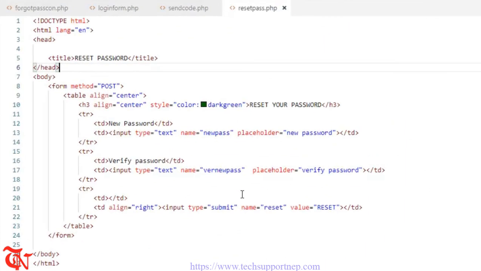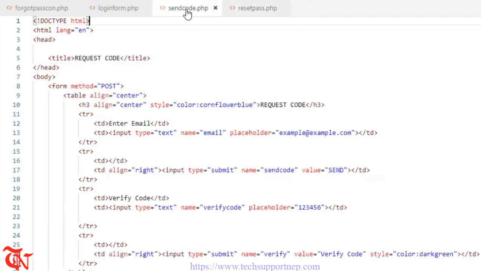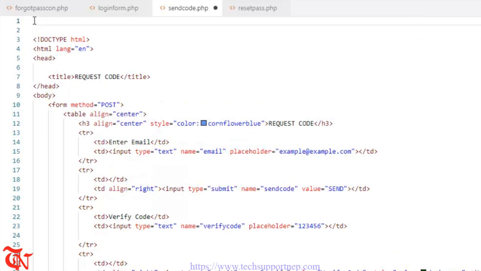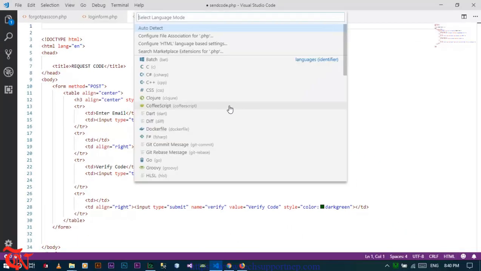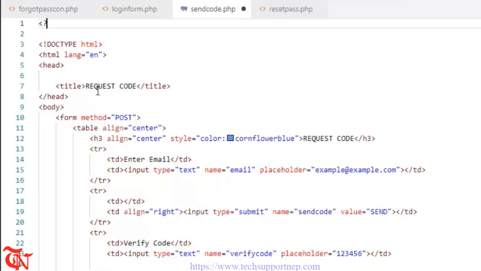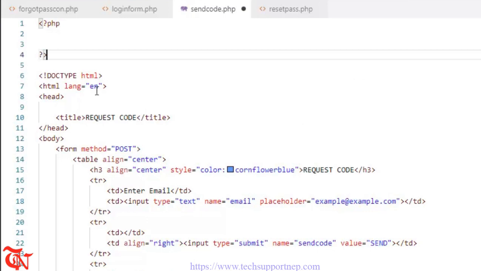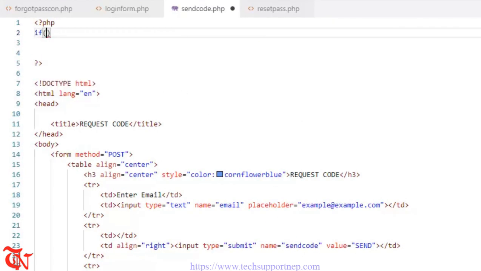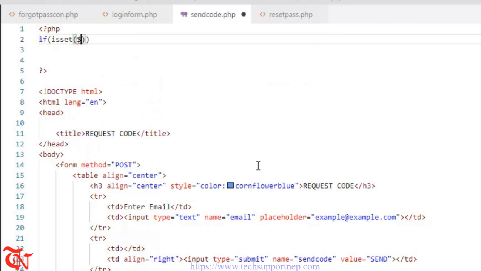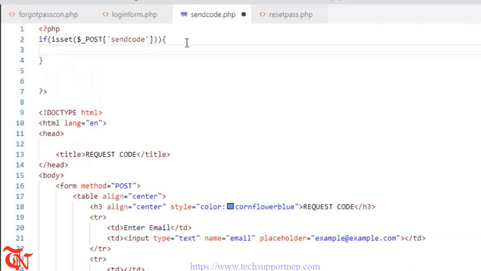And we are going to write the PHP script. So go to VS Code and inside this send code, first of all let me change it from HTML to PHP. Here goes PHP. If the user clicks this send button, what we are going to do is, if isset $_POST, and the name of that button is send code. What we are going to do is store the user-entered email in some variable. So email is equal to $_POST email,